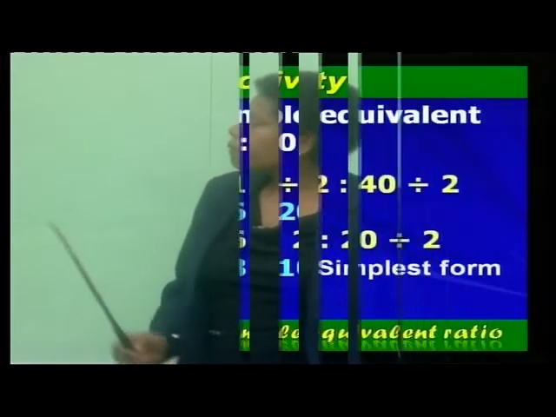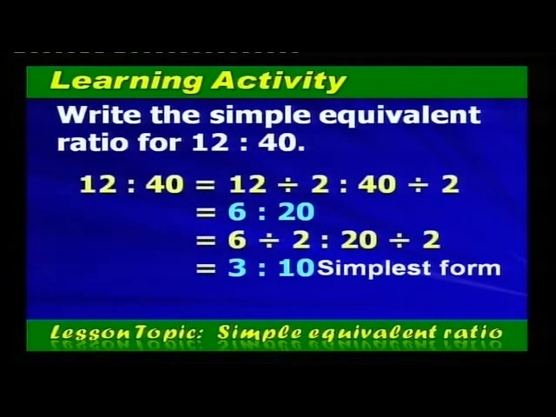Receiving students, write the simple equivalent ratio for 12:40. Class, receiving students, 12:40. Okay, here it says write the simple equivalent ratio. Simple equivalent ratio, in other words, the simplest. Remember in our previous lesson, we said that simplest means you break down. Now you bring down to the lowest ratio, okay? So 12:40,